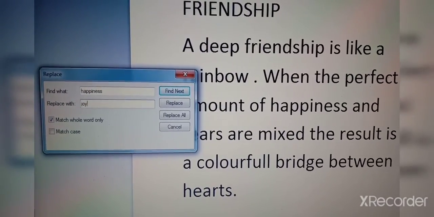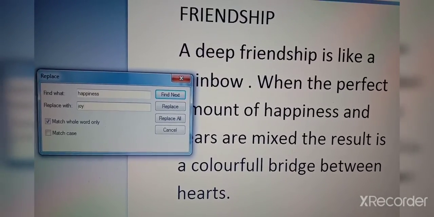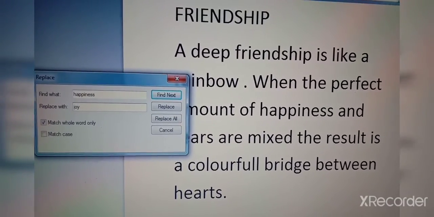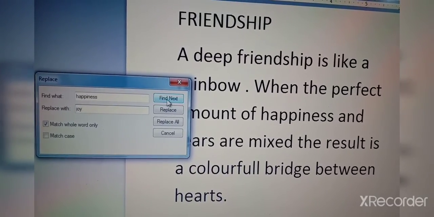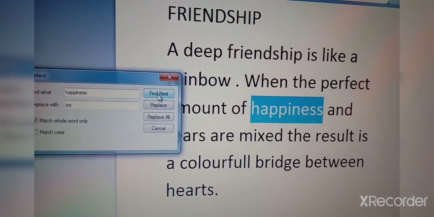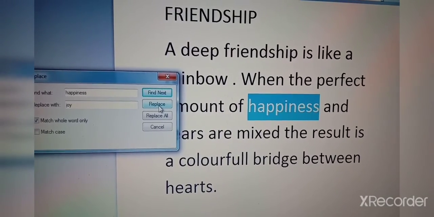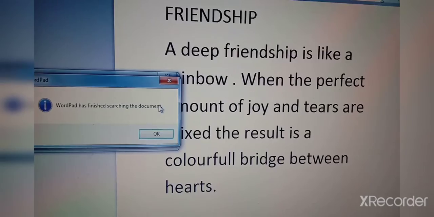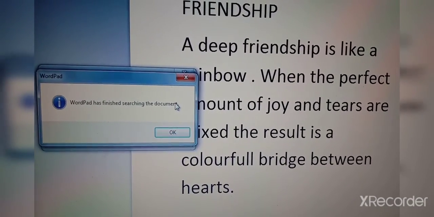I want to change this word happiness and replace it with joy. So just type Replace with joy and click on Find Next. Now you can see happiness, and click on Replace. Can you see, Word has finished searching the document?